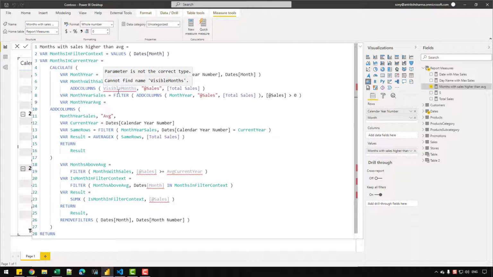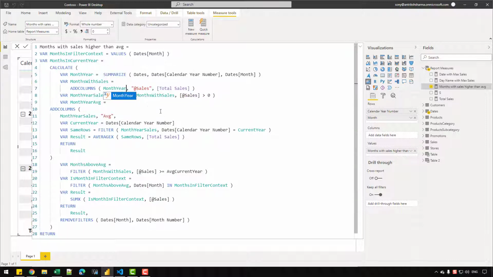And what else can we do? So the add columns part has already been taken care of here, so I can simply remove the add columns part inside the filter function with this variable, and instead of visible months I can write month year, and let's indent